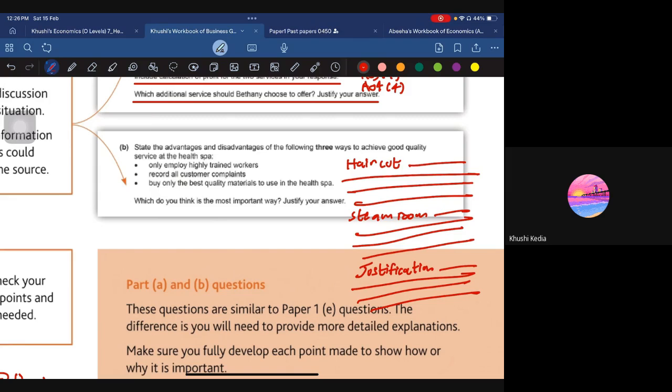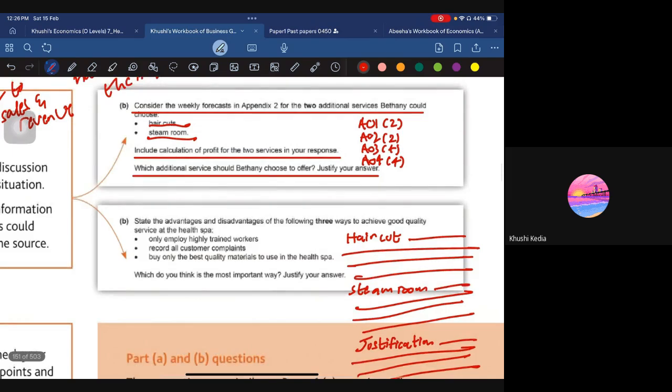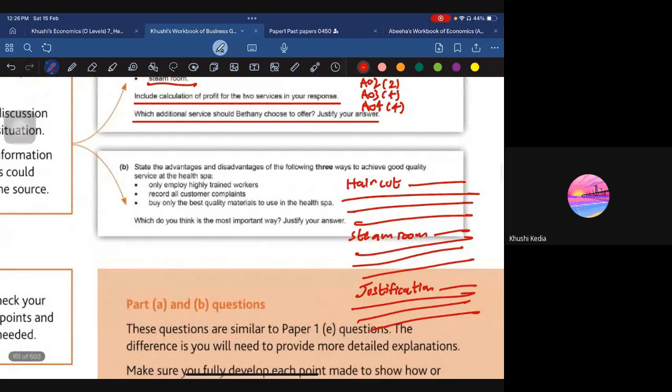Let's suppose we are talking about the haircut, and he says consider the weekly forecast and two additional services, include calculation of profit and two services in your response, right? So, which additional service should Bethany choose to offer? So, it means that here we can talk about the advantage